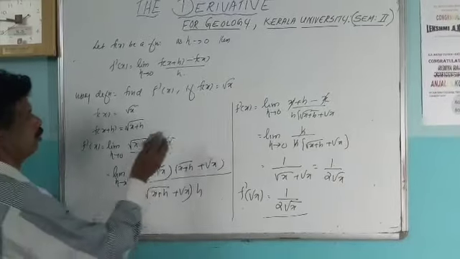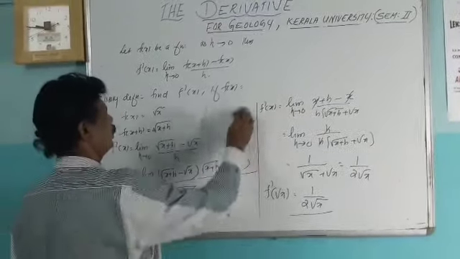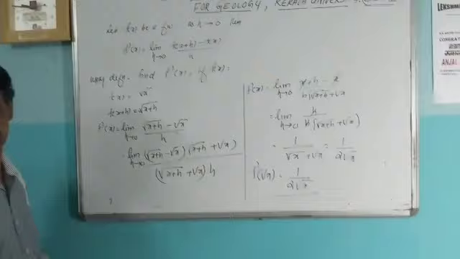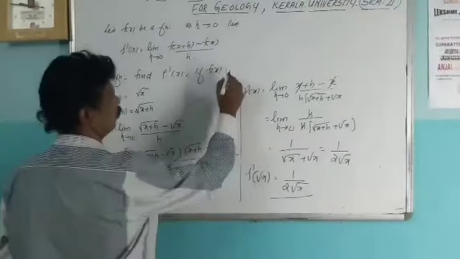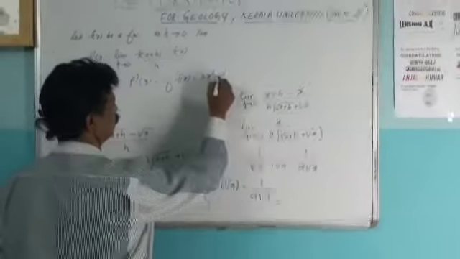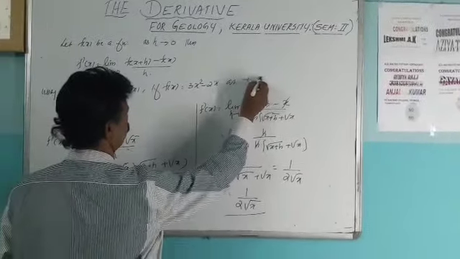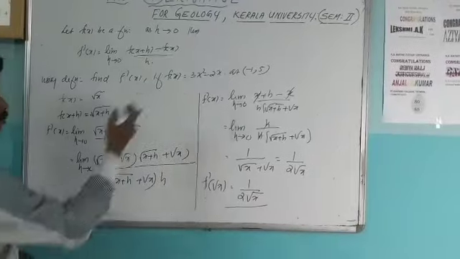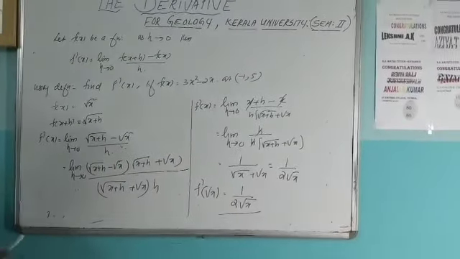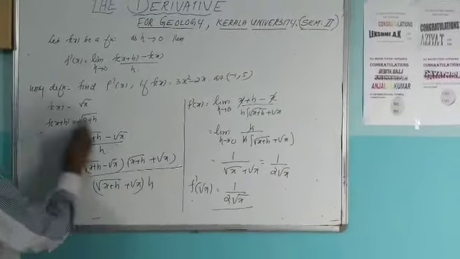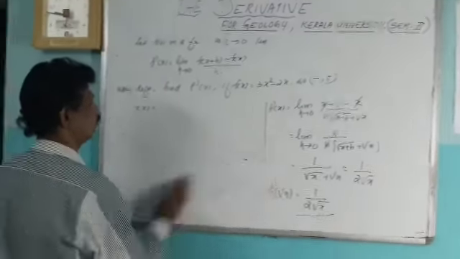Use the definition to find f dash x if f of x equals 3x square minus 2x at the point minus 1, 5. Here, after differentiating, we have to put x equal to minus 1 and y equal to 5. That's all. Here given f of x is equal to